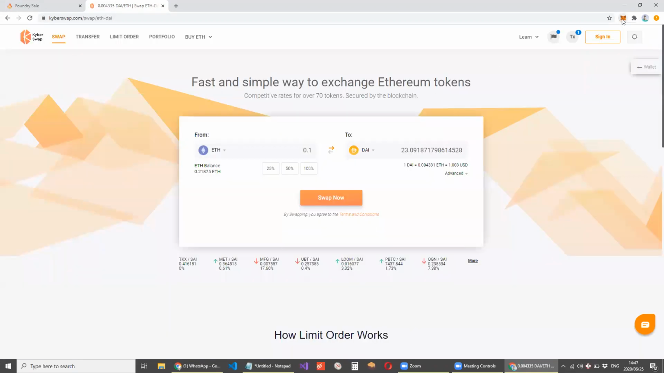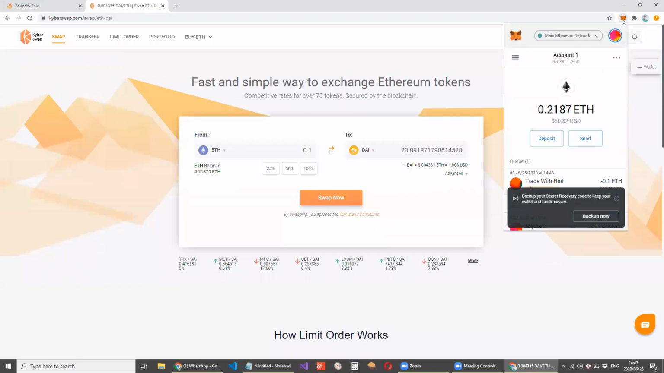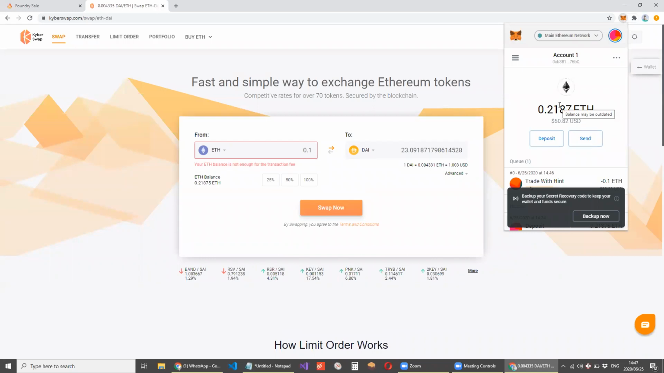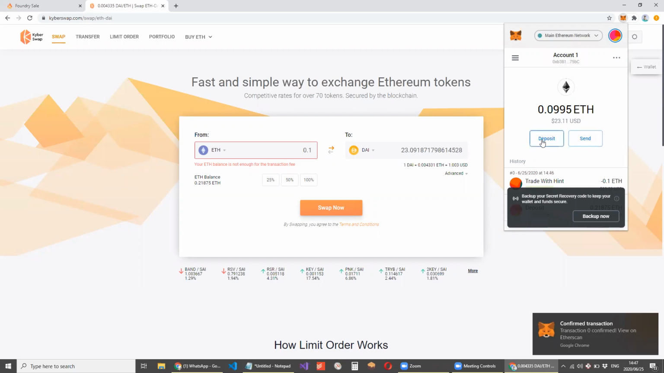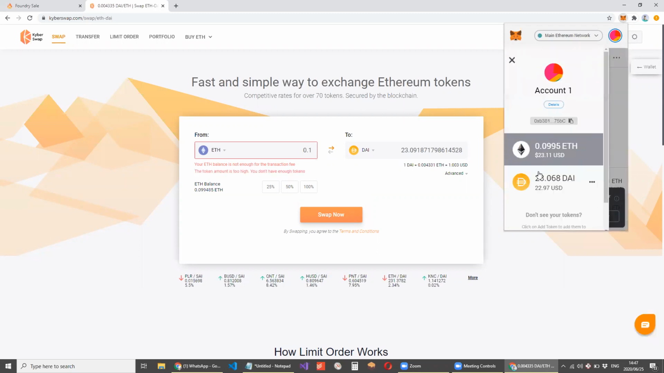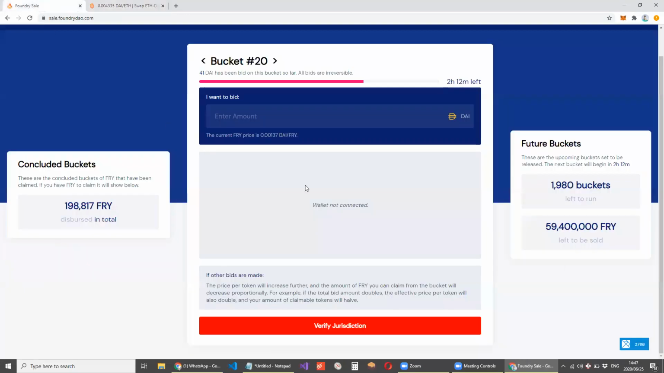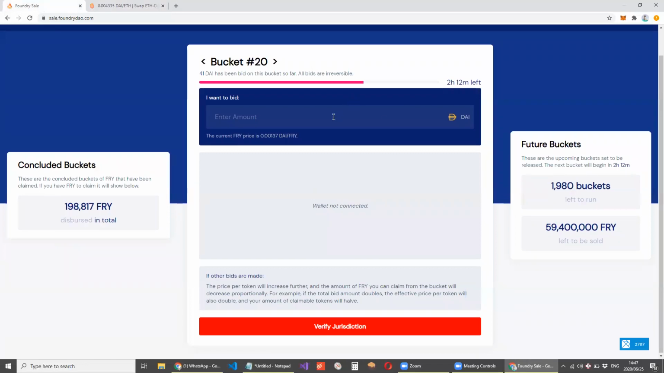Okay, so now, go to your MetaMask. All right, you'll actually see that this value has updated. And if I go here to the menu, I will see that I now have 23 DAI, but I still have 0.995 Ether. All right, so at the Foundry sale now, that means that I actually have some DAI that I can enter into this